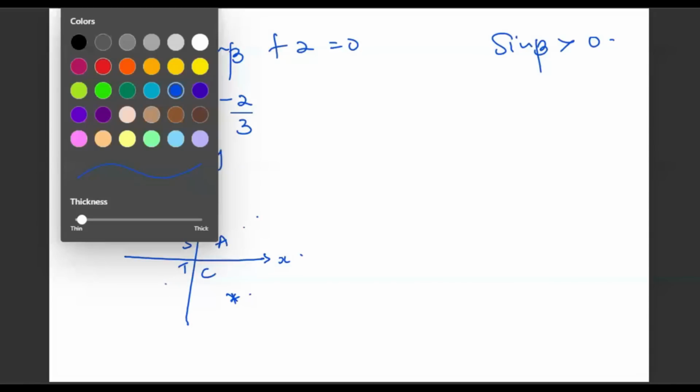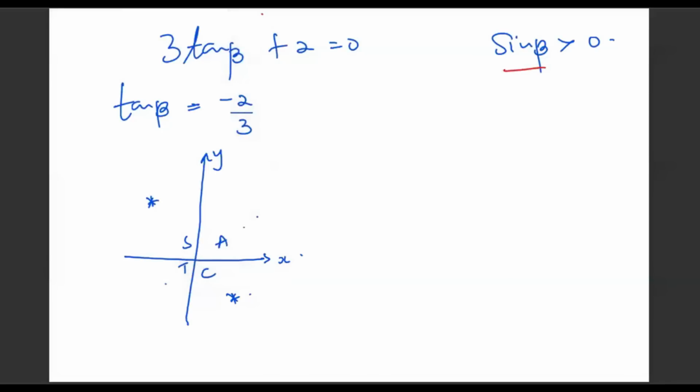Then we need to also use this condition. We need a quadrant where sine is greater than 0. This means that sine must be positive in that quadrant, and it's only quadrant number 2. So this is where we put our sketch. Just throw in a triangle in that format. Remember, they told us this is beta, which is just the same thing as that angle there. So tan is the opposite over